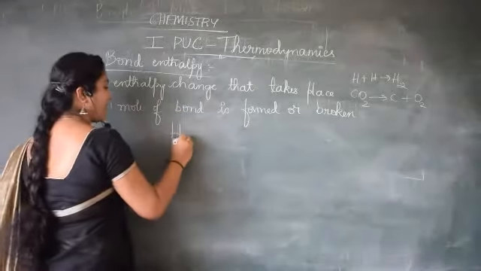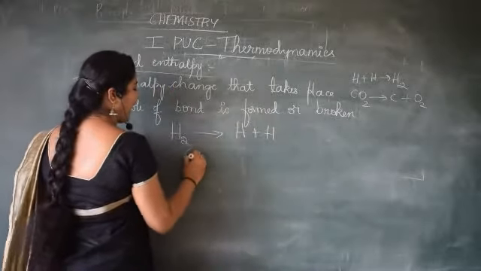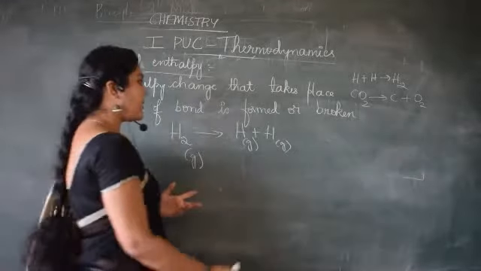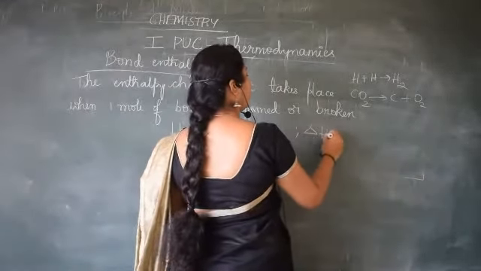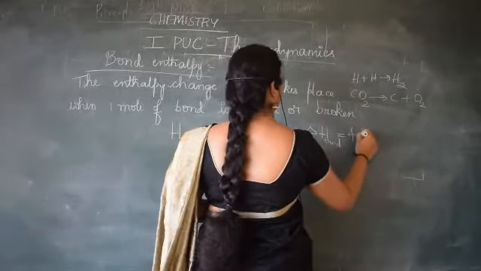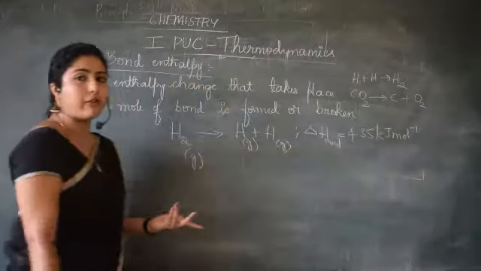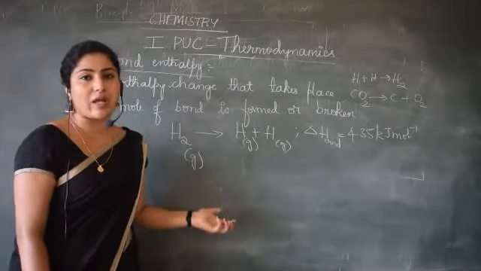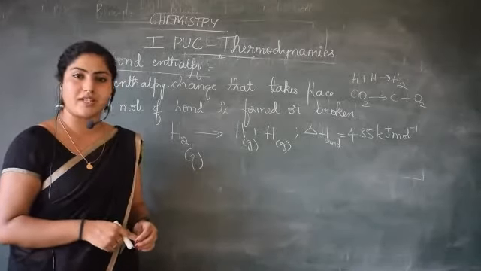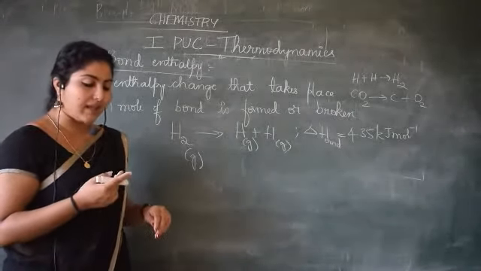Again you can give the same example as that of the previous one, hydrogen gas that has been dissociated into hydrogen atoms. Again this is a form of bond enthalpy, which is equal to 435 kilojoule per mole. Here it is breaking of bond. If you have to give formation of bond, give the example of carbon dioxide itself, C plus O2 giving CO2, where the enthalpy value will be minus 393.5 kilojoule per mole. That can also be the example. This is about bond enthalpy.